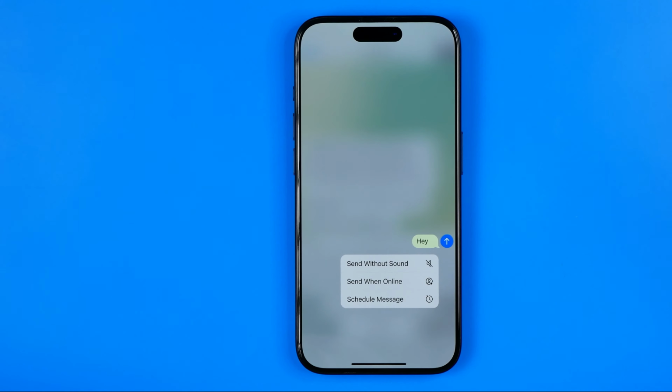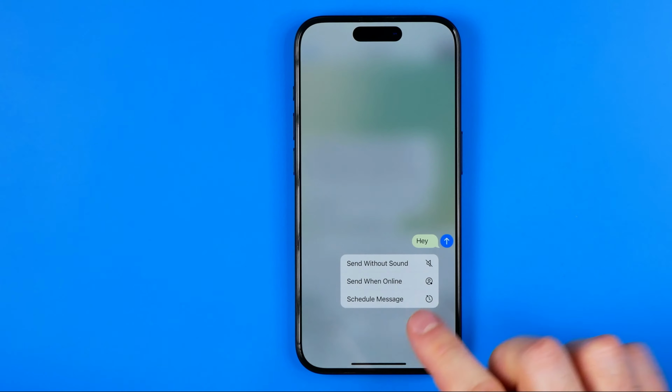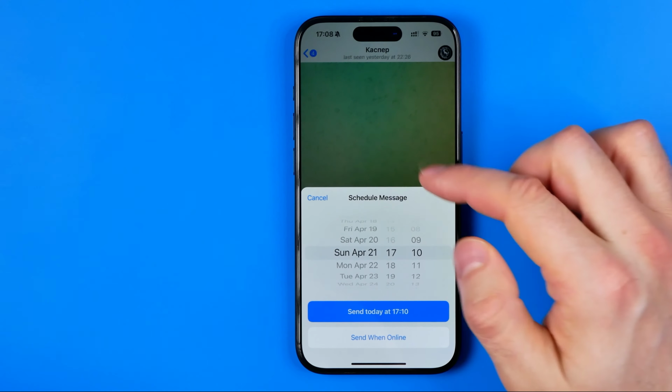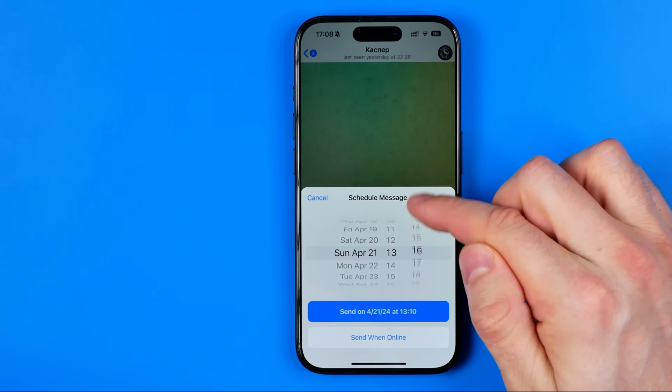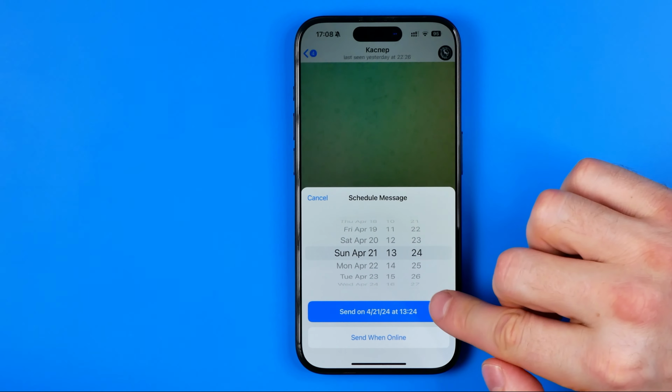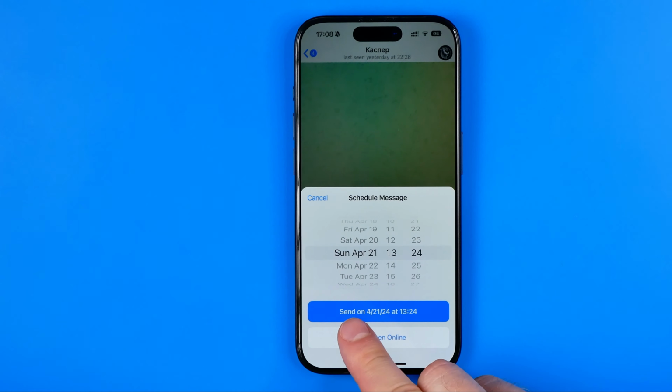It gives us several options here, and the last one is schedule message. If we select it, we'll be able to select the exact date and time for that message to be sent to the selected conversation. We can schedule our message for the particular date and time, and also we can send